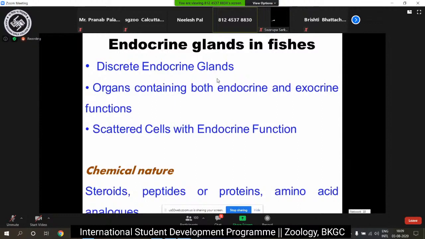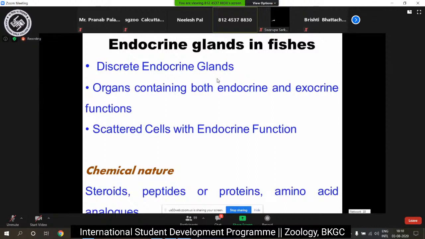Now, how do we define a thyroidal tissue? We define a thyroidal tissue by virtue of its ability to incorporate iodine and produce iodinated amines. So if some tissues, except the specific thyroid gland, have the ability of incorporating iodine and then producing iodinated biogenic amines, we'll say that, okay, they are similar to thyroid. So in fishes, such types of heterotopic thyroid glands are being found in the heart, in the intrarenal system, in kidneys, and